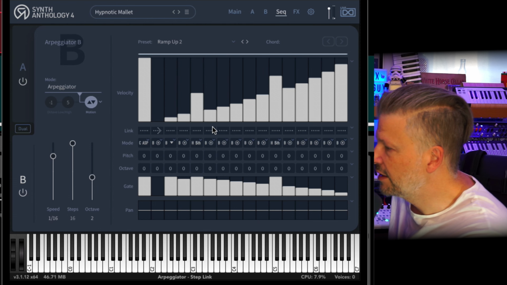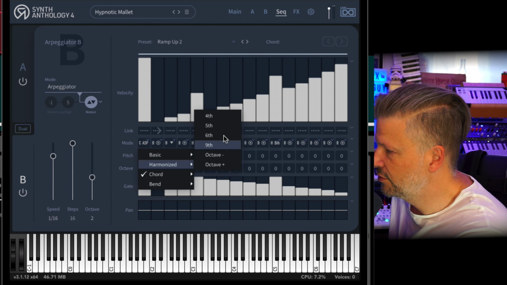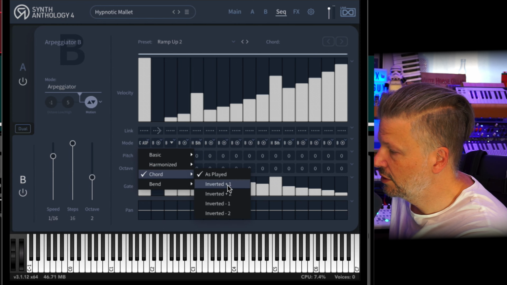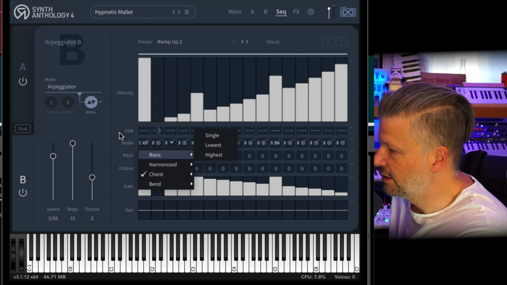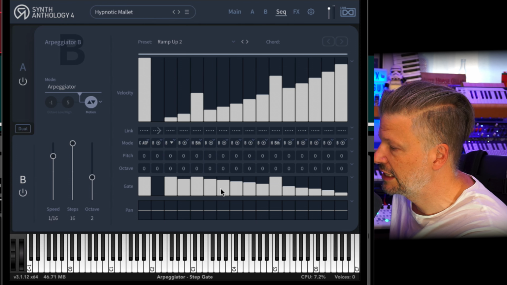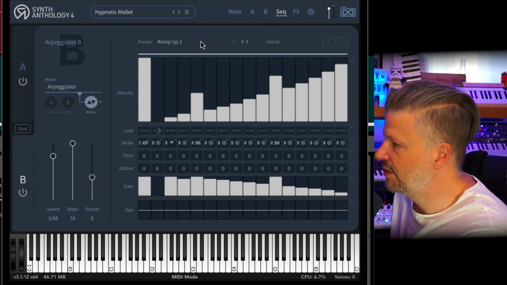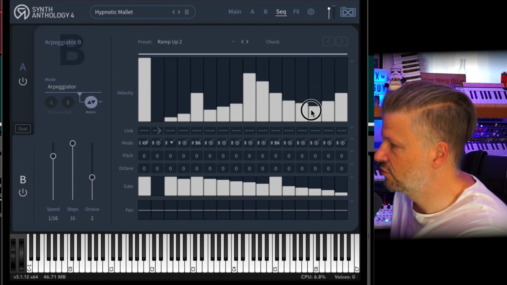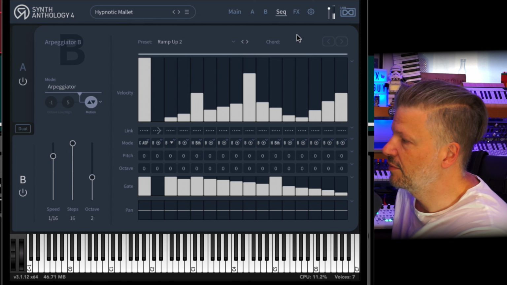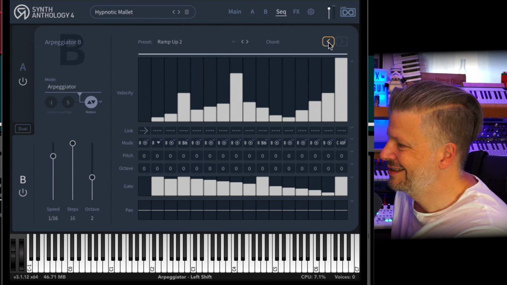And here you've got links and different controls, the mode. This is so complex, what you can do. You can decide it's going to be the difference between the note that you're playing right now. Is it a chord? Is it a bend? It's really a step sequencer. It's more than an arpeggiator. It's really a step sequencer. You can create here the gates, the panning, ramp up, and you can just decide what you want and just draw whatever you want. It's going to see the chords coming in, and you can just move on the side if you find you can nudge it